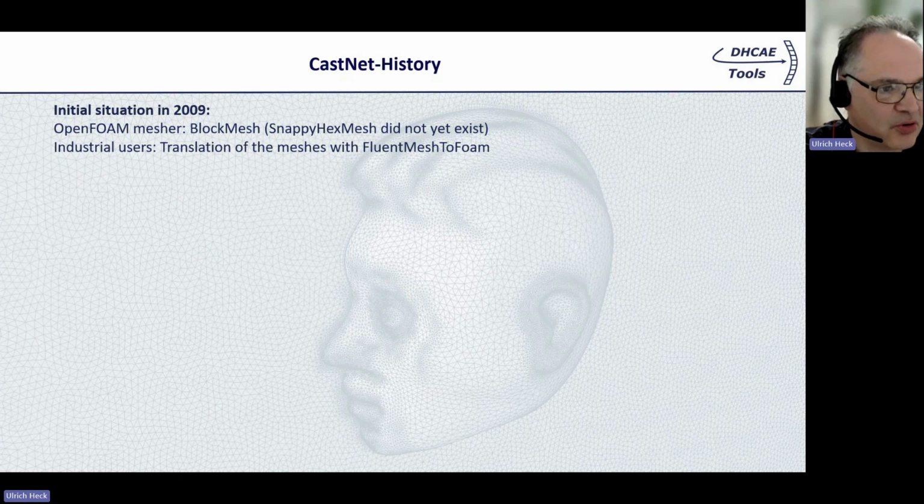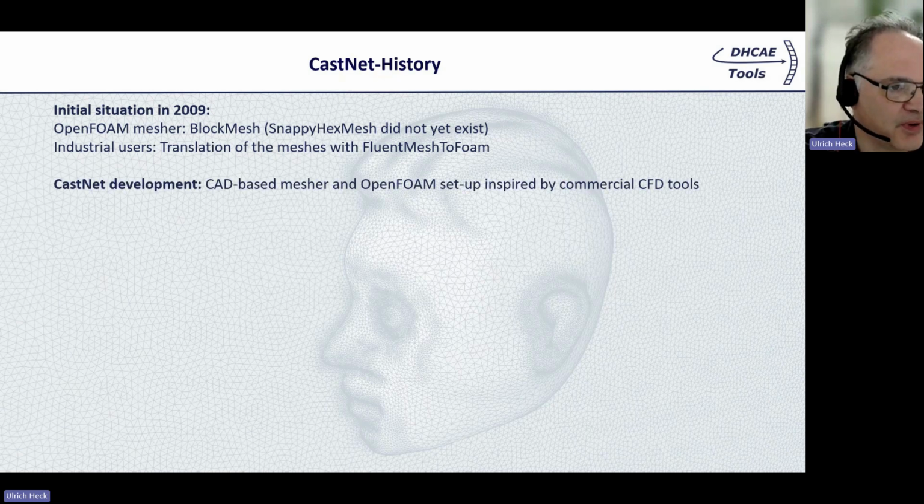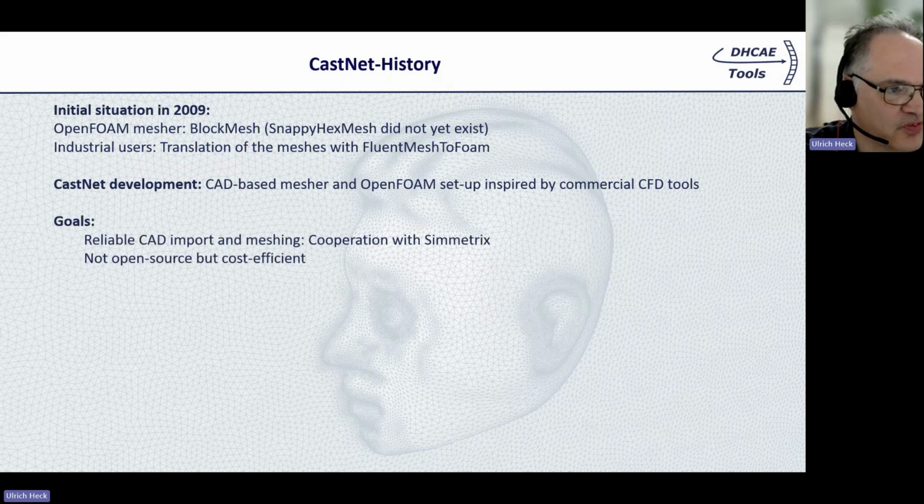And to bring OpenFOAM into companies, we found that it's very important to have our own solution for CAD-based mesh setup and simplifying the setup for OpenFOAM in general. So this GUI has been inspired by other commercial CFD tools we worked with so far. And the goal was to allow a reliable CAD import and meshing. And for this, we found a cooperation with Symmetrics because we didn't want to develop all this meshing stuff and CAD import